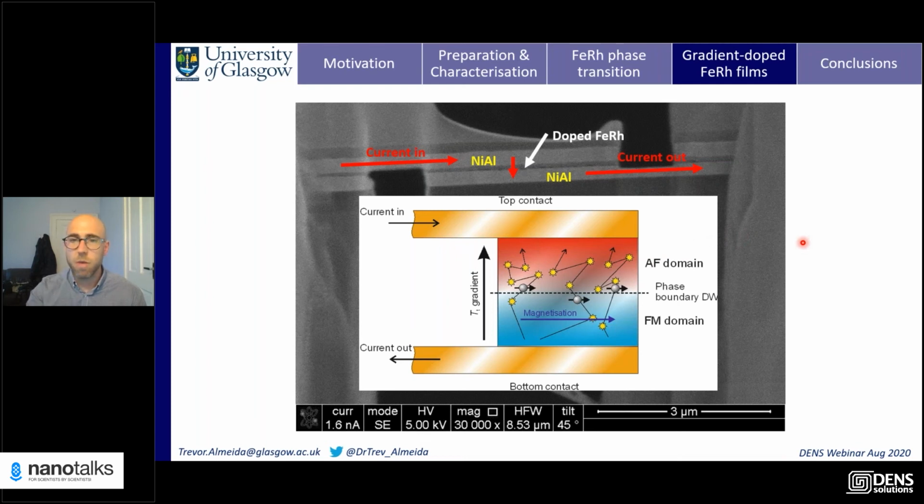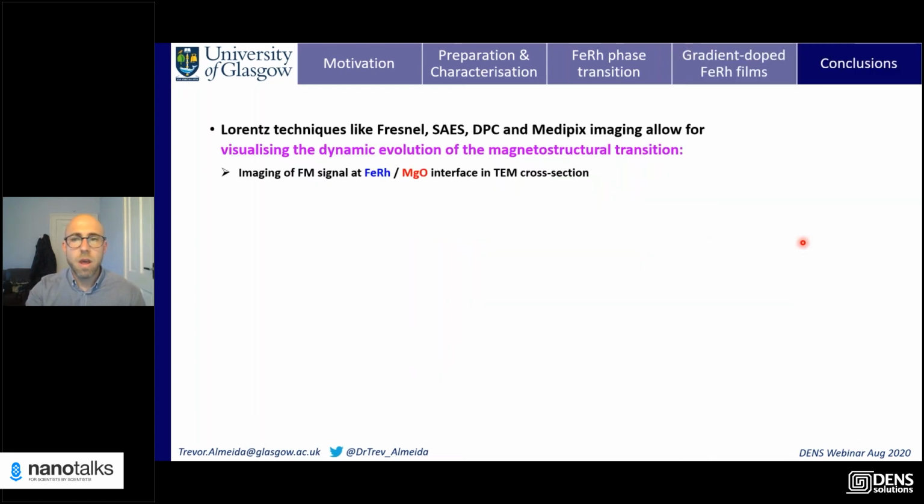It's challenging, but hopefully we'll get it done. Okay, so just to summarize, I hope you can see how beneficial using a series of Lorentz techniques like Fresnel, small angle electron scattering, DPC, and pixelated imaging can be used to visualize the dynamic evolution of the iron rhodium transition. Initially, we showed that there is a small signal at the interface between the iron rhodium and the MgO